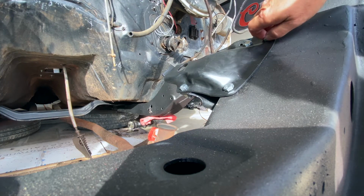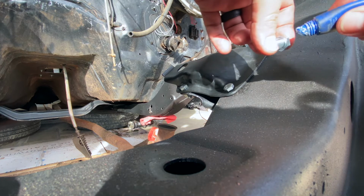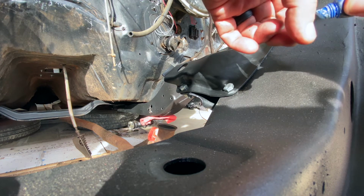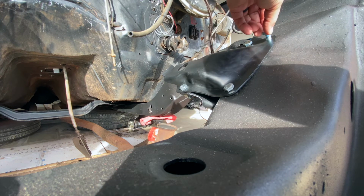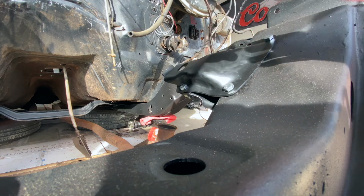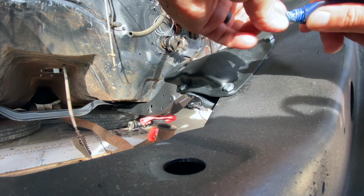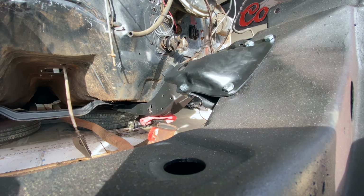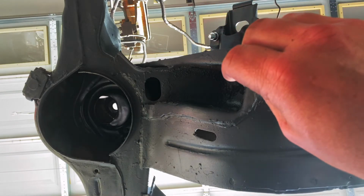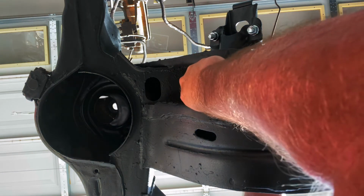All right, so let's go ahead and get the light Loctite on these bolts here. Little action never hurts. Then we'll pop it back in. And then this one, same thing. We'll get a little Loctite on it. Cool. And then in it goes. Alright, now we'll go down below and get those tightened up. I'll be able to, I think, do all this with one hand. So I should be able to get,